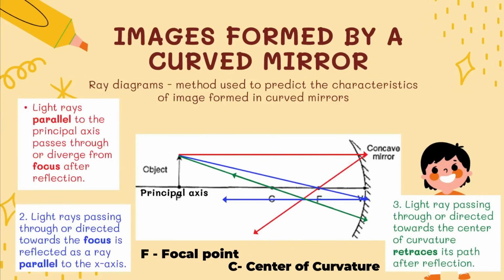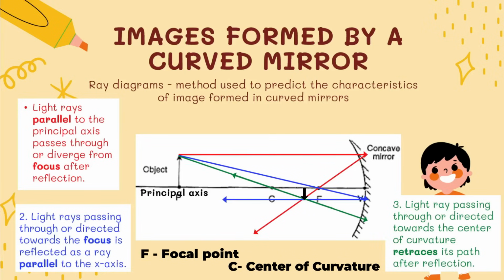So, ang image natin ay mafo-form somewhere here. Okay? And makikita natin na ang ating image ay nakabaligtad, smaller, and real kasi nasa harap siya ng mirror. Okay, so we will have more of that in the next slides kasi in the next slides we will now be discussing the different types of images formed